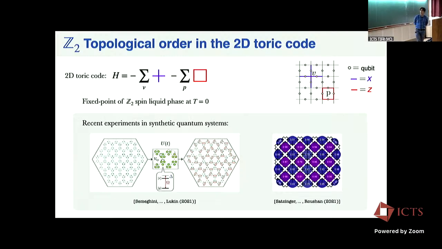And so why are we interested in this model? The traditional motivation is that this is a toy model for certain zero temperature phases of matter, certain spin liquids that you could see in an actual material. There is also a more modern perspective that Michael mentioned last week, that there are these synthetic quantum systems, things like Rydberg atoms or superconducting circuits, where you can realize this kind of system.